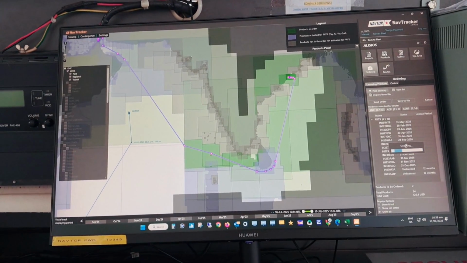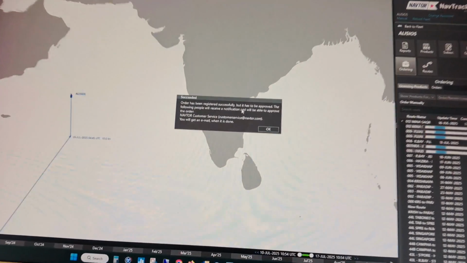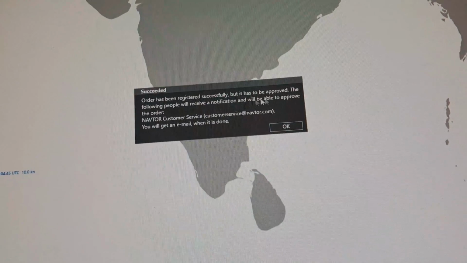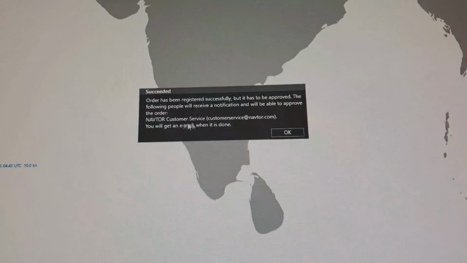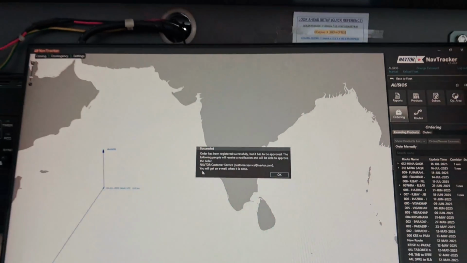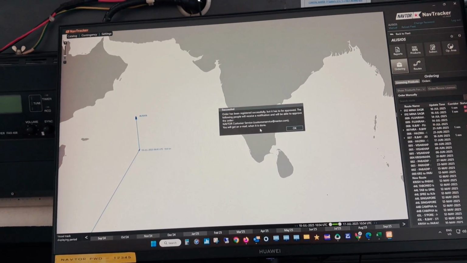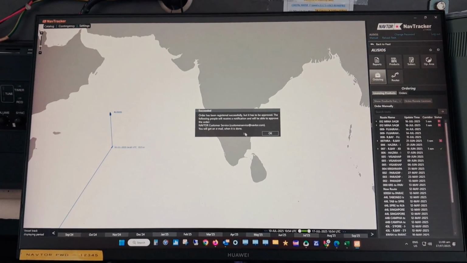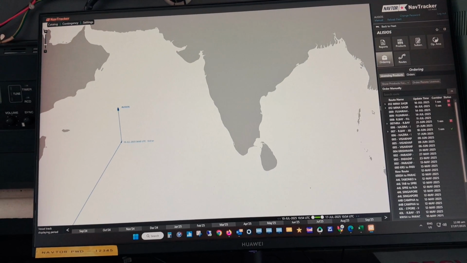Wait for a while depending on the internet speed. You see the order has been registered successfully, but it has to be approved. The following people will receive a notification and will be able to approve the order: NAVTOR customer care. We will get a mail at the specific mail for NAVTOR. I think the master's main email will be receiving the notifications.